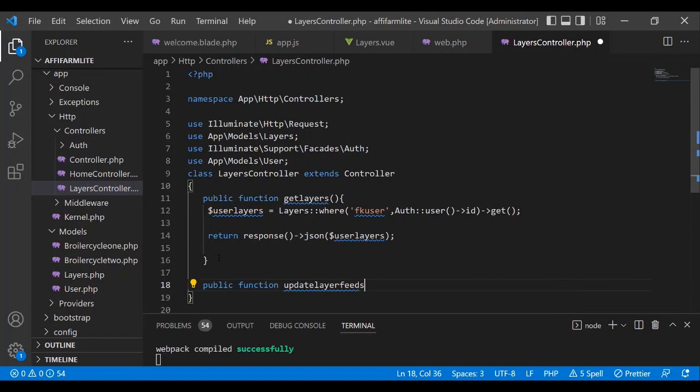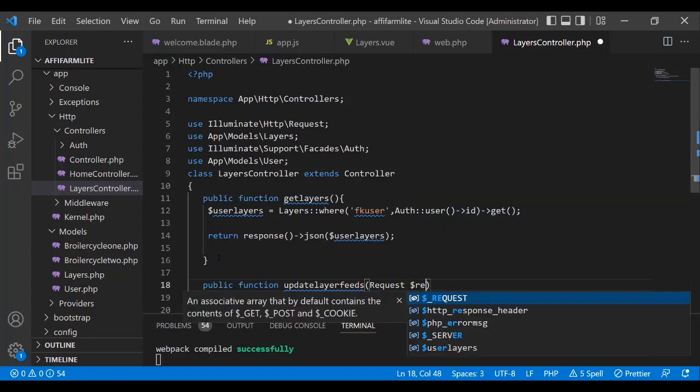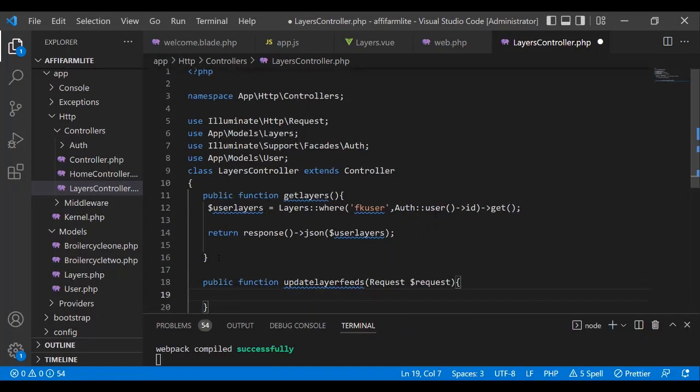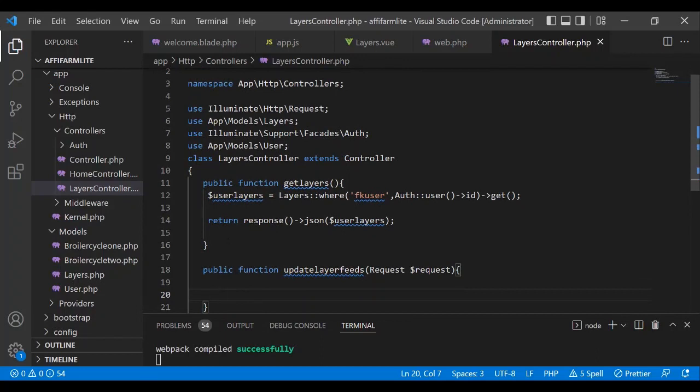Layer feeds. Okay, and then it is taking in a request and a request variable. So we're going to double check if we are actually receiving that. So I'll do a die dump, and I'll do maybe $request,